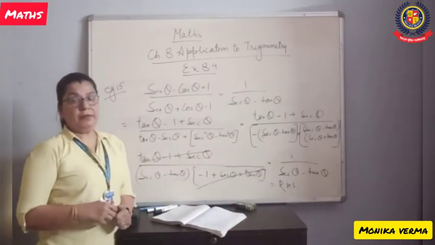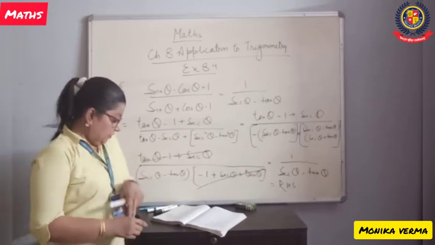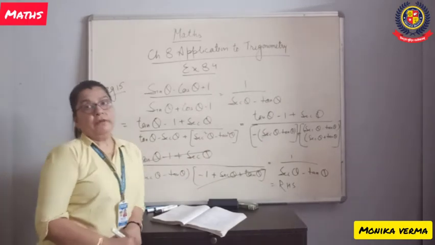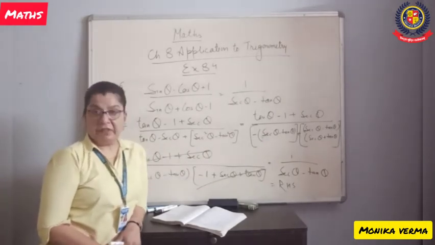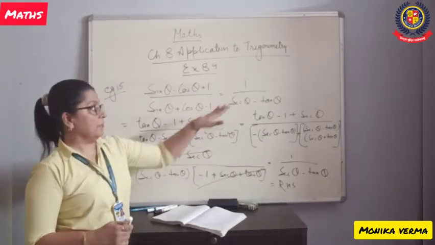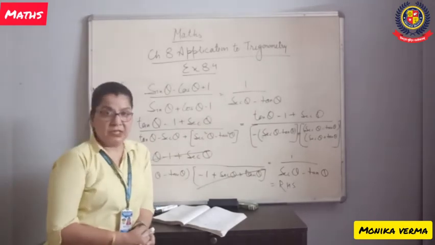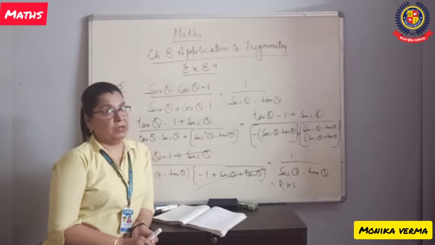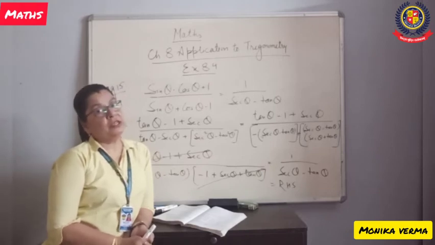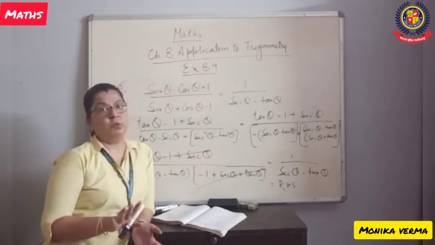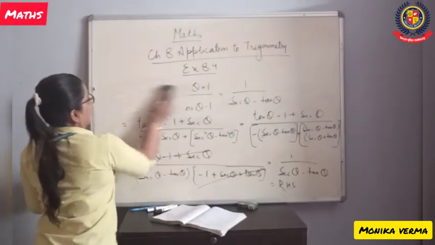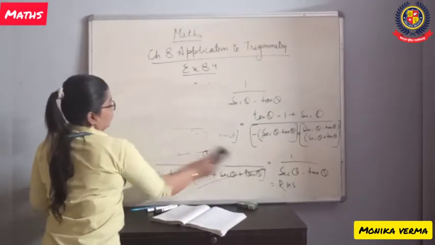Am I clear? Here we have to take care of one thing: first we will convert cos, sin, whatever we have, into the terms which are given on the RHS, like sec and tan in this question. Then we are having an expression in the denominator, so we will do changes in the denominator only. We won't change the numerator. Okay? If you do the opposite, then you will not get the answer. Now we will do the fifth part.